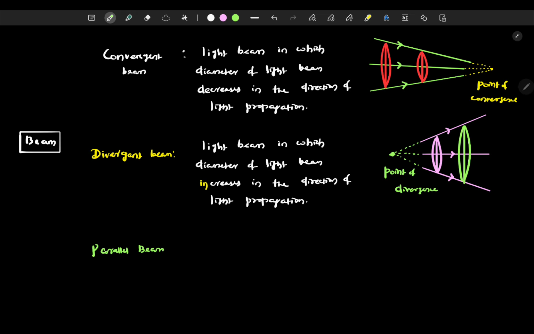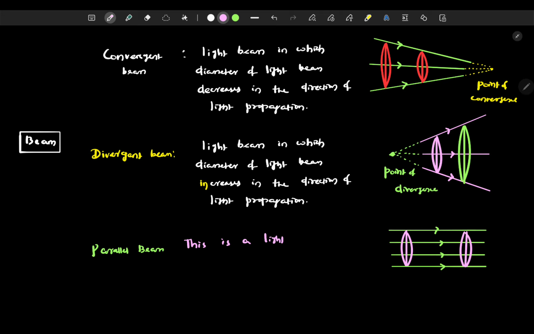It is very simple. That means first draw the diagram. This is your parallel beam of light in which diameter or width of the beam remains same along the direction of propagation of light. Here this is the diameter of the light beam, and here this is also the diameter of light beam, which is same as the previous one. So in language what we have to write? In language we have to write this is a light beam